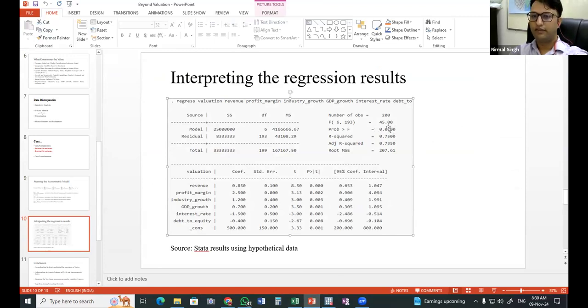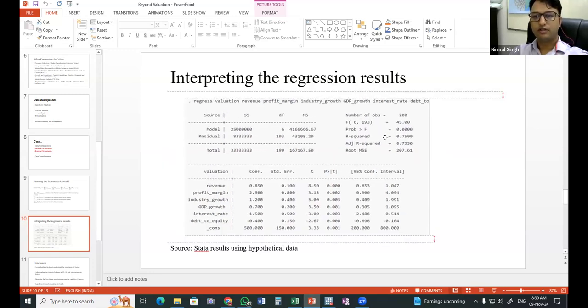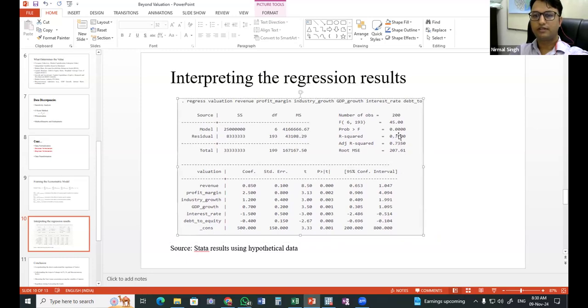If that is significant, that means our overall model is significant. Then we look at the R square and adjusted R square, whether it is explaining significant variation in the model or not. Once that is clear, we jump into the different coefficients, which explain the variation.